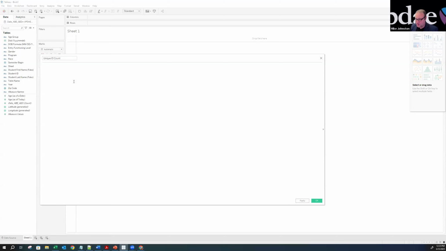And this code is going to be COUNTD. Count distinct, but they abbreviate the distinct with a D. And right now it's saying, hey, you can't leave this code as it is because it contains some errors. Okay, I'm a little nervous, but I can do this. I need to tell it what value to count. I'm going to say count the student ID. And notice as I was typing in letters, it found the fields that I can put in here. So now I'm going to go ahead and click student ID, and it tells me, hey, this calculation is valid.